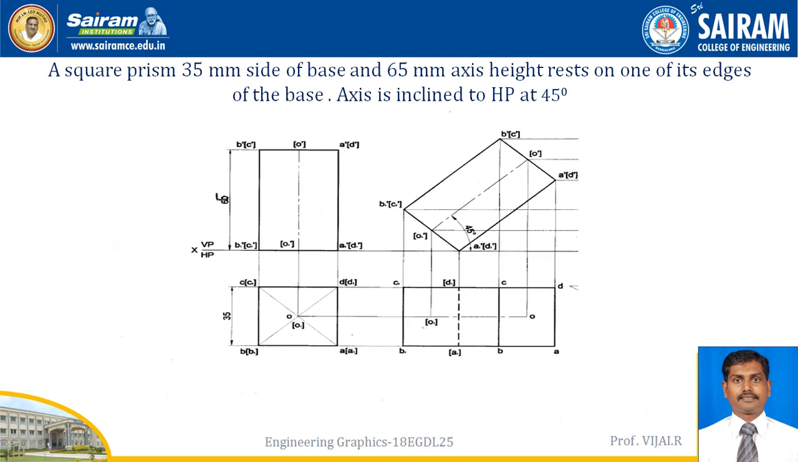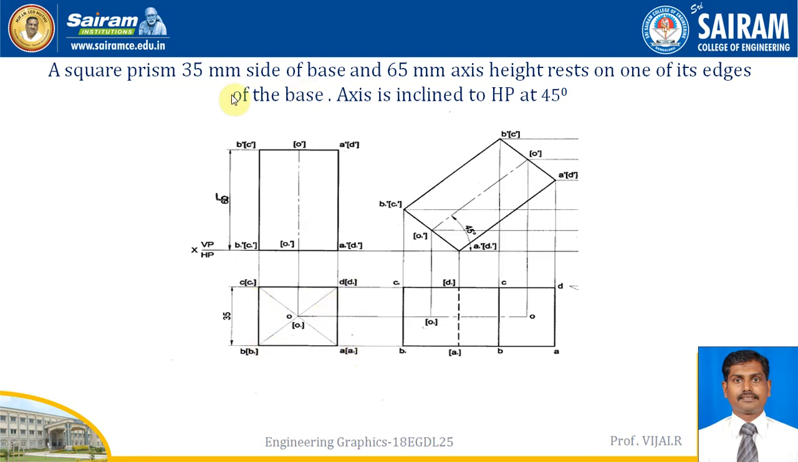Now I want to explain the initial position and the second position here. A square prism of 35 mm side of base and 65 mm axis height rests on one of its edges of the base. Axis is inclined to HP at 45 degree. So here this is the top view and the front view. As I said, 35 mm side of base. So we are keeping the 35 mm side: first draw a vertical line, keep a 35 mm side, and here horizontal 35 mm, join all the things, you will get the